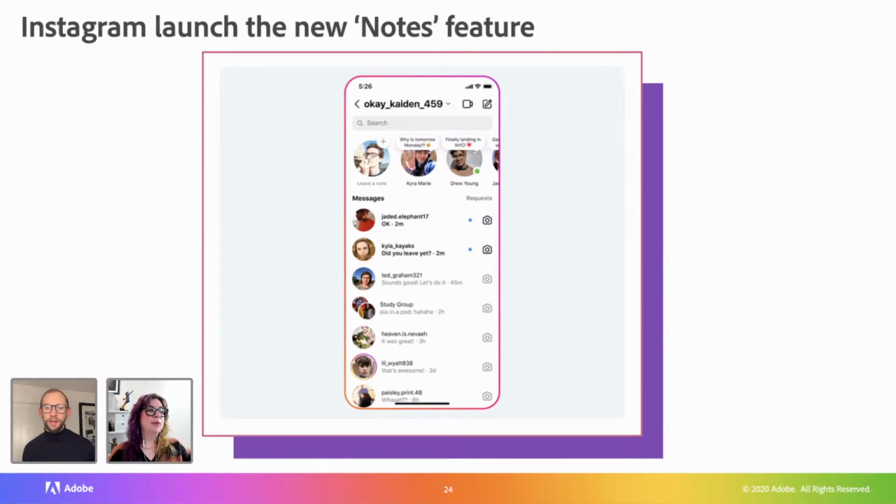This one I'm slightly less excited about, but this notes feature allows everyone to put in a status. I think this is less business, more personal, but if you've got a close community on Insta, this could be a good thing. You can put a 60 character status, kind of similar to the old Facebook status, which is a prompt to start conversations. The reason Instagram is doing this is that there's been a big rise in private sharing.